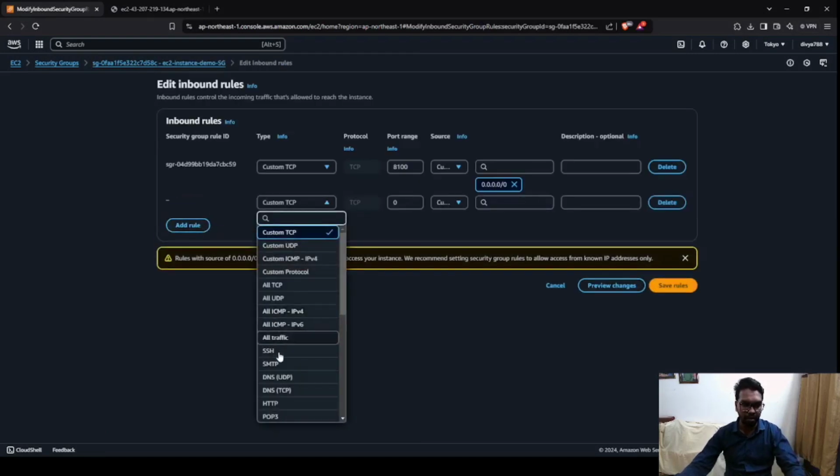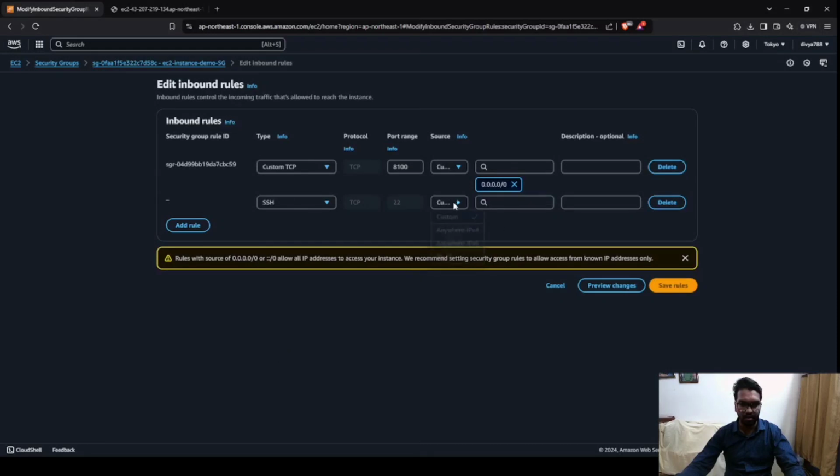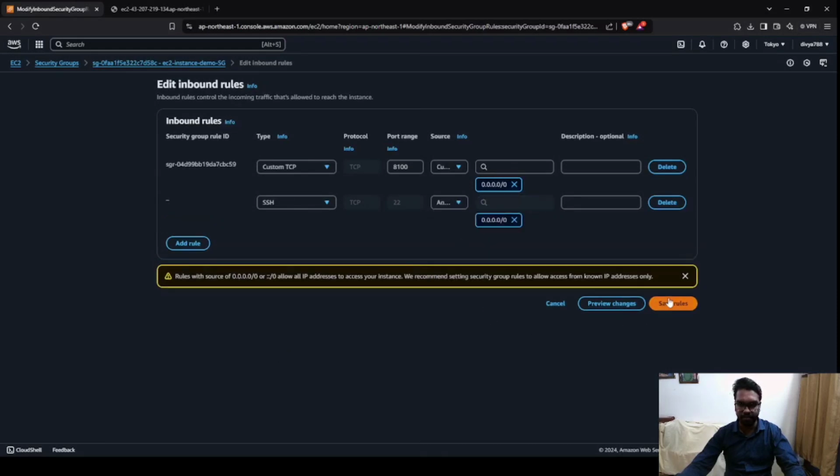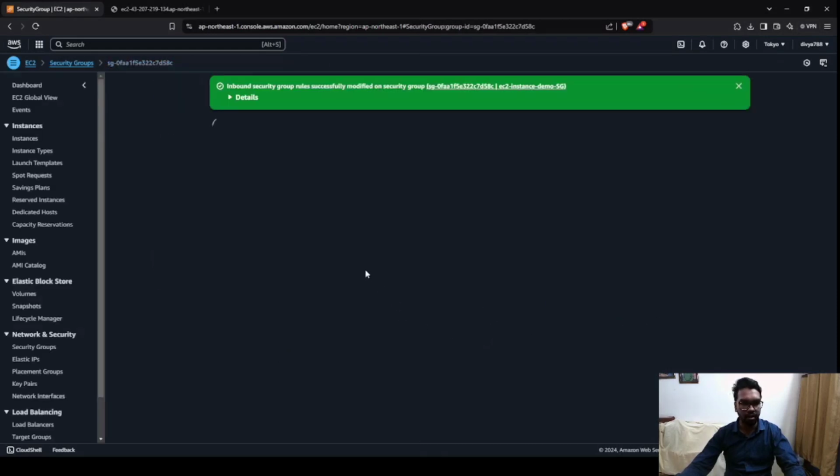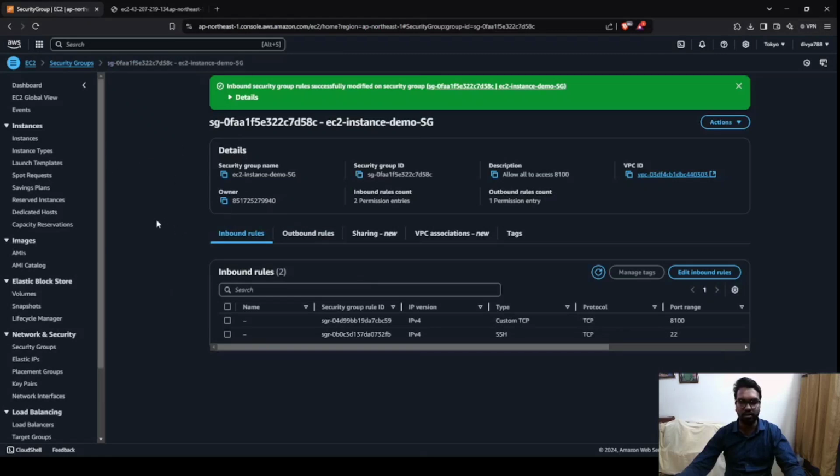That rule will be on SSH. You have to allow it from anywhere. This rule is required to access your EC2 instance from the SSH terminal. Otherwise, you won't be able to do that. After I have added this rule, I can simply use this command to log in.